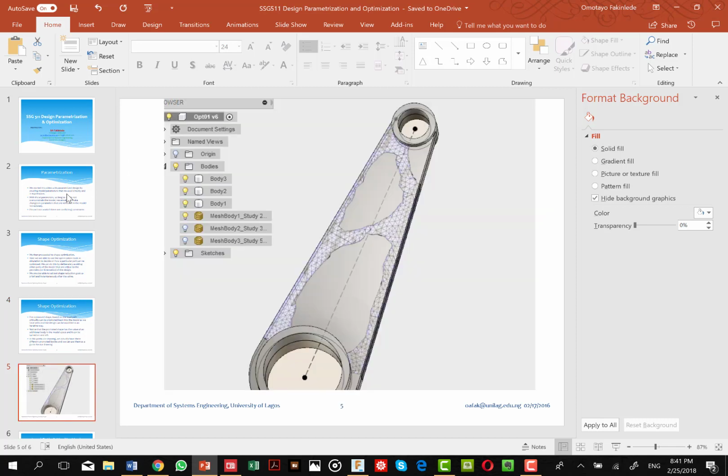As you can see in the picture you are looking at here, if you go back to the model in the browser, the original three bodies are all showing up. But here we have only allowed one of the mesh bodies to show up. We could do that for any of these mesh bodies or for all of them, and we can use all of them or some of them to help us in our redesign of the optimized model.